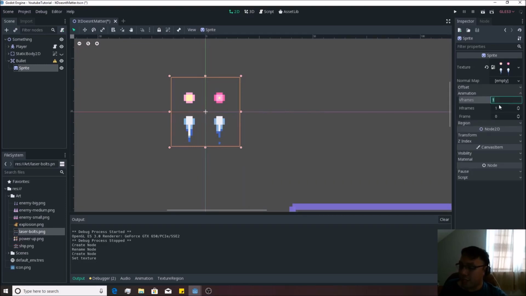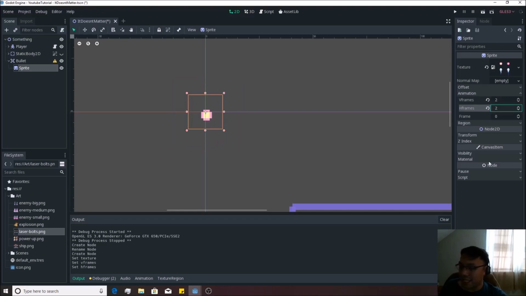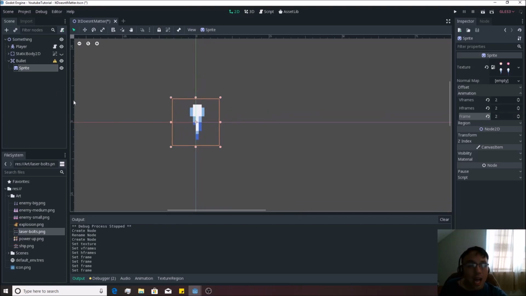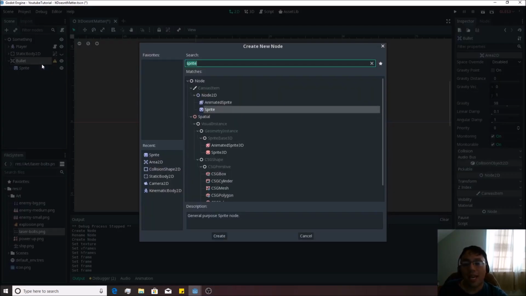So we're going to go to the animations. We're going to write 2, and you know what? We can just hit this arrow. We're going to see which one we like. I like this one right here, but maybe we'll use that one right there. It really doesn't matter. And then we're going to right click onto bullet again, and we're going to set up